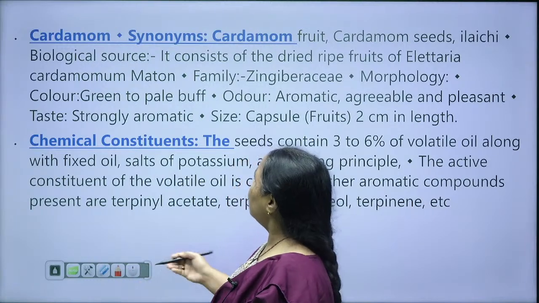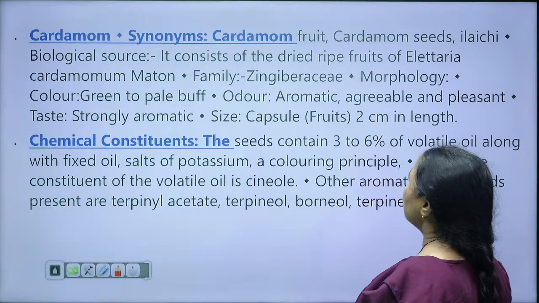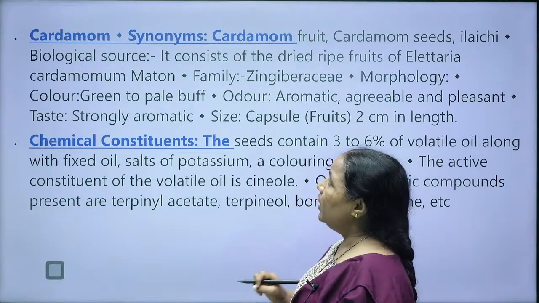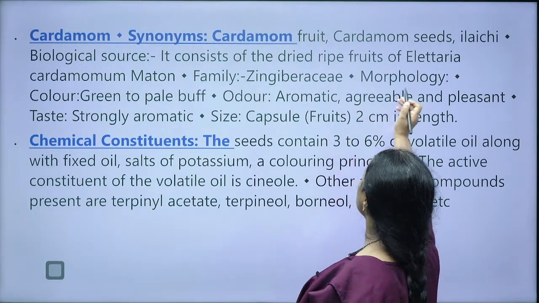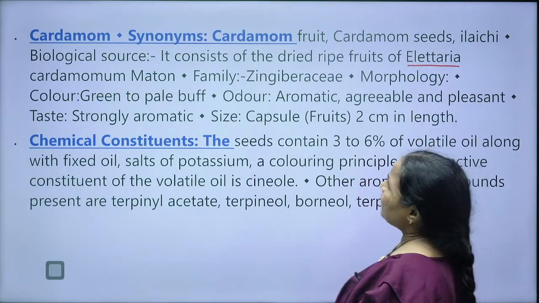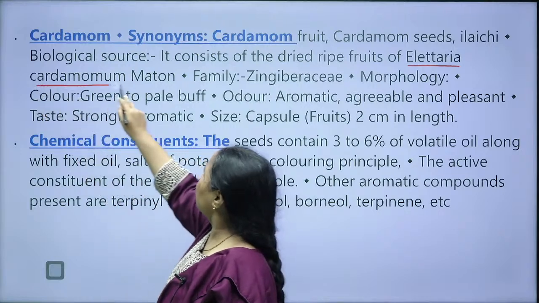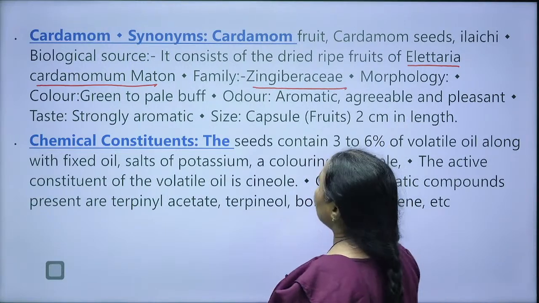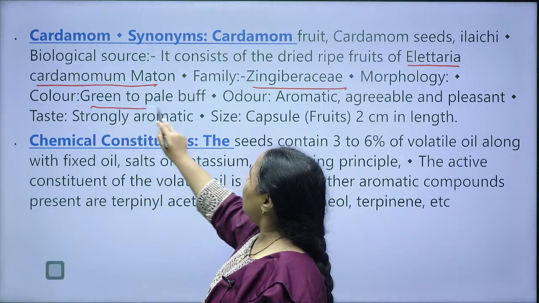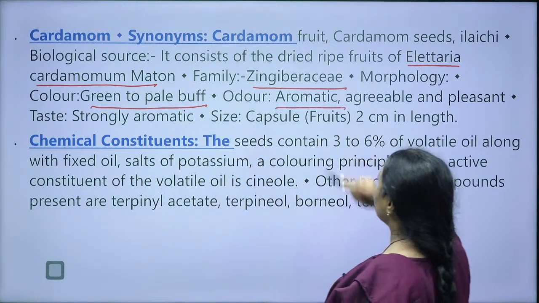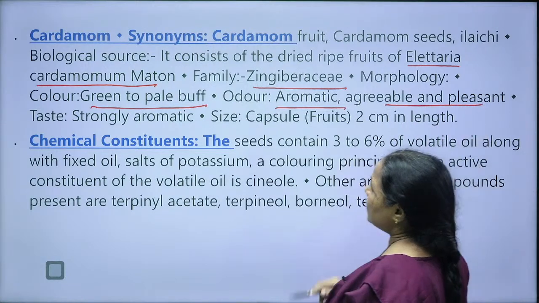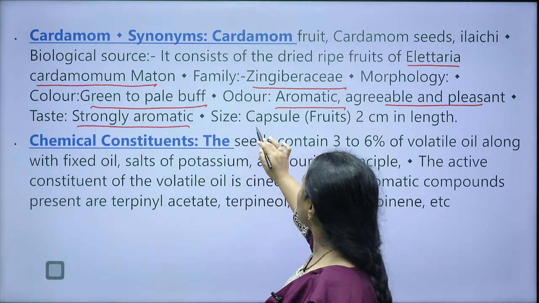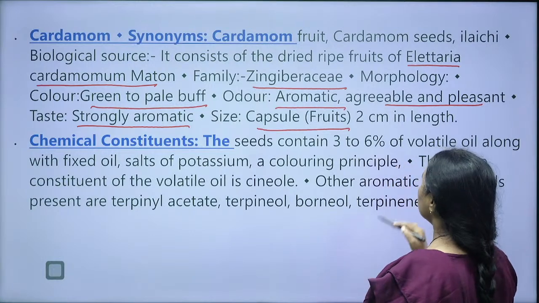And the synonyms of cardamom are cardamom fruit or cardamom seeds, or the other name is Elettaria, that is the general name. And the biological source contains dry fruits of Elettaria cardamomum, belonging to the family Zingiberaceae. And the morphology of this elachi or cardamom is green to pale buff, and it is aromatic, agreeable and pleasant, and strongly aromatic, and the size is like a capsule in the form of fruit,